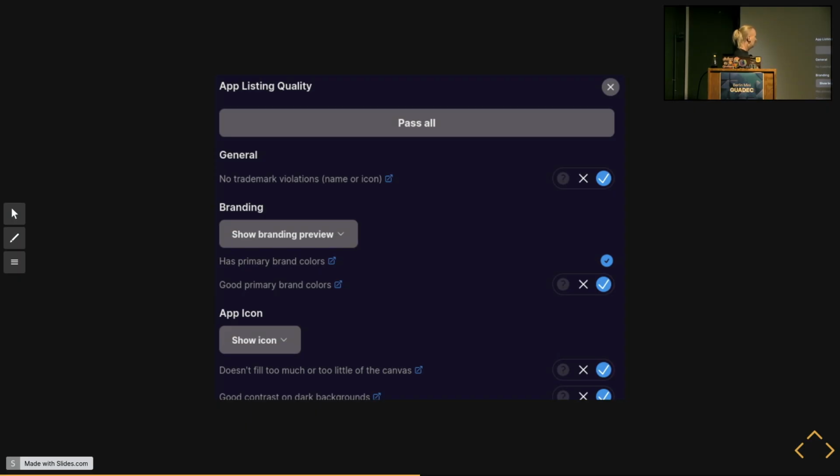We look at each of those individually and say it fails this check, it doesn't fail the check. If you go to the linked icon, you can see a little bit of written documentation where you can figure out what we're talking about, what we're expecting from you, and that way we can not only show your app nice on our website, but also push it to the outside world in a nice way and onboard more users that way, and also make our users right now, which are already there, happy.